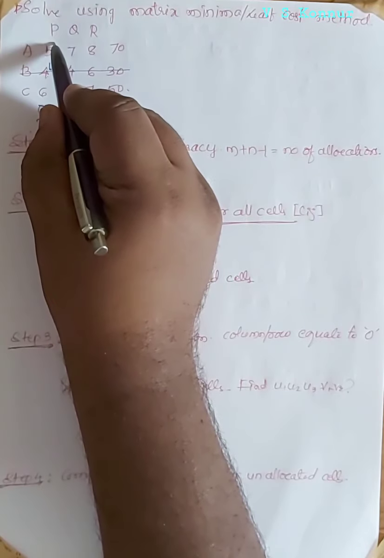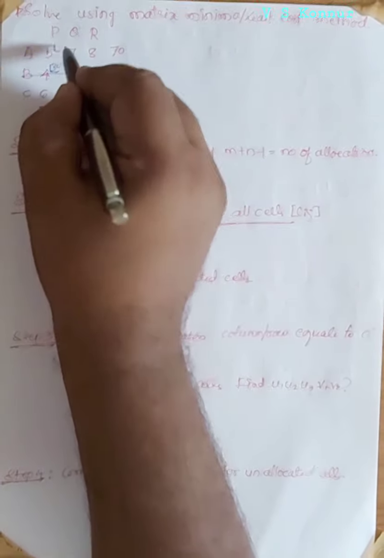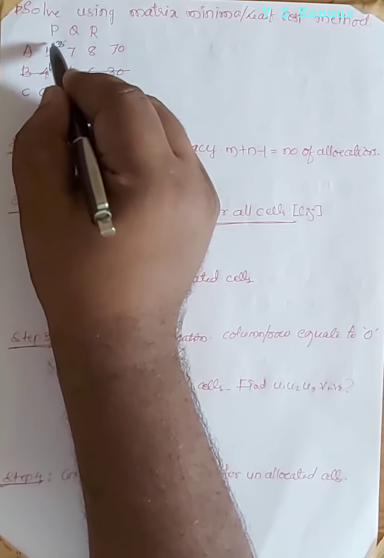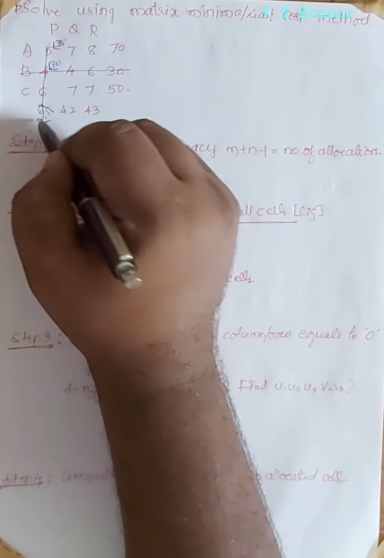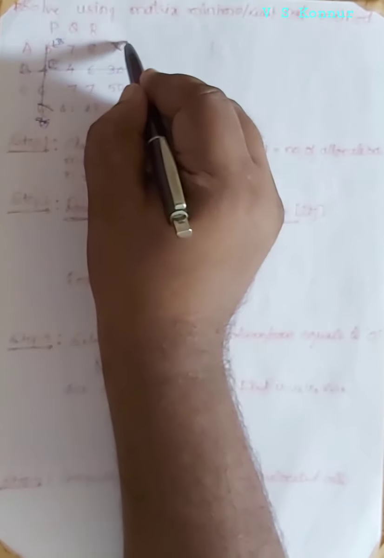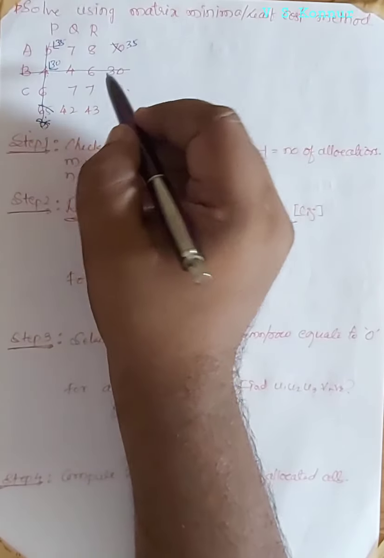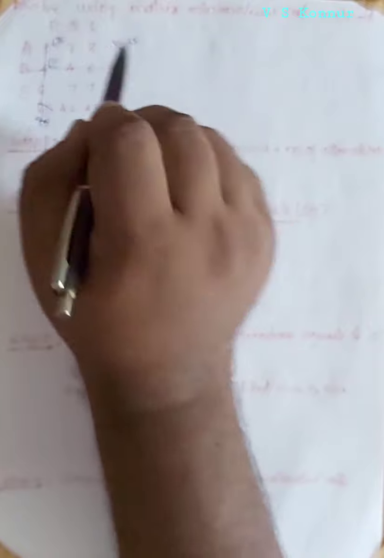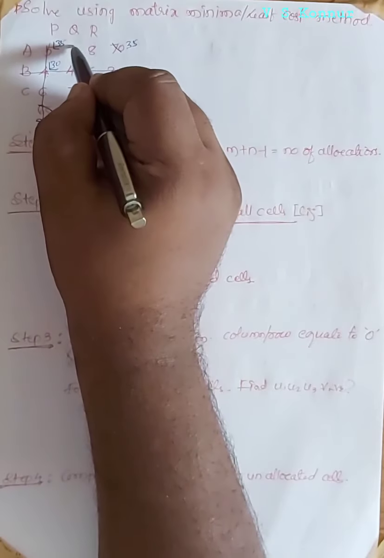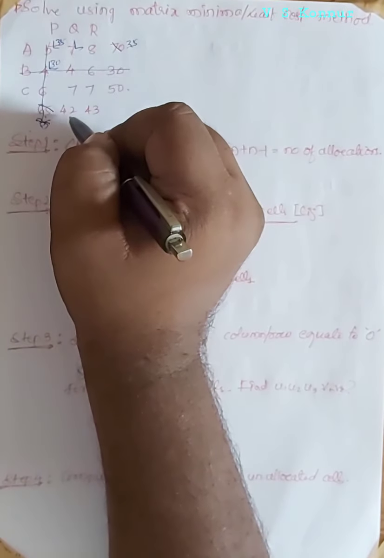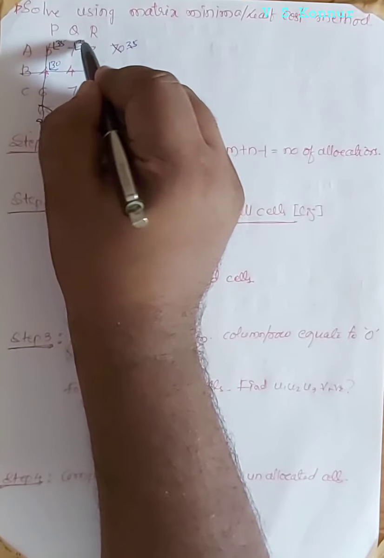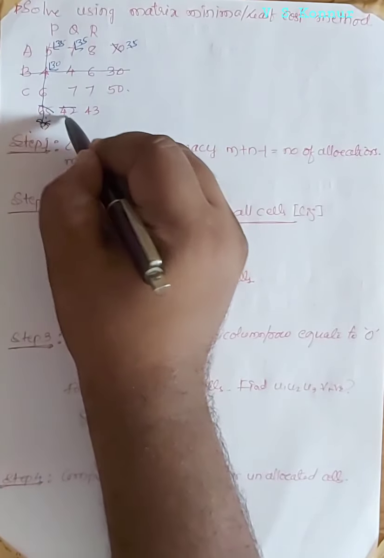Next minimum is 5. For this 5, 35 and 70 are compared. 35 has to be allocated here, and this 35 is cancelled, 35 is left out. So once again, the minimum value you have to select is 7. There are 3, all are minimum only. You can select any one. For this 7, 35 and 42 are compared. 35 is minimum, so left out with 12.